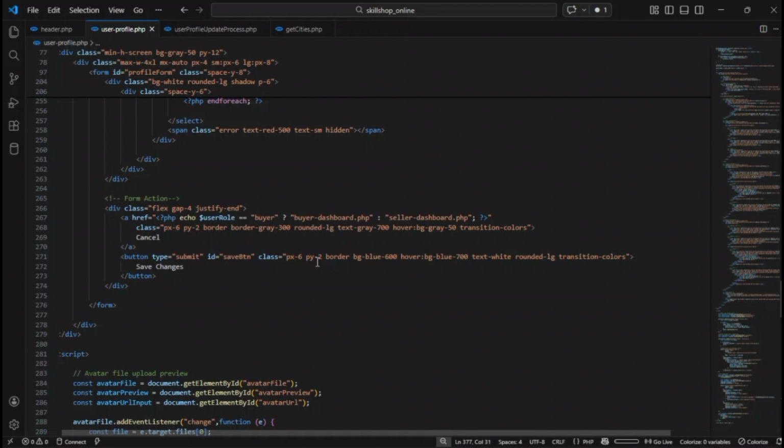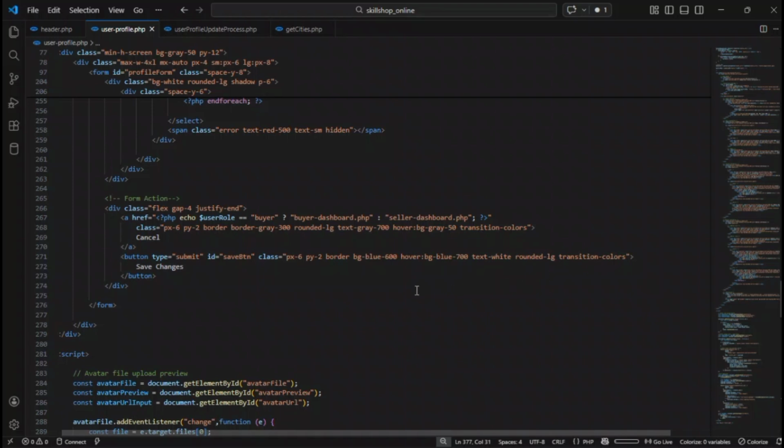Here we have used px-6 and py-2, so both horizontal and vertical padding is added, then the background bg-blue-600, hover:bg-blue-700, then the text is white and it also has rounded corners, then